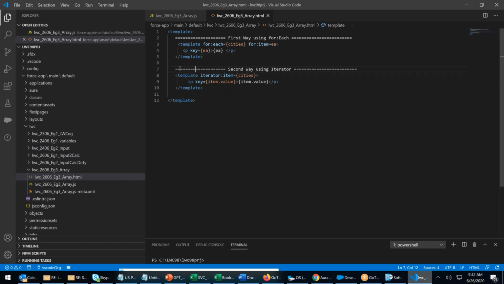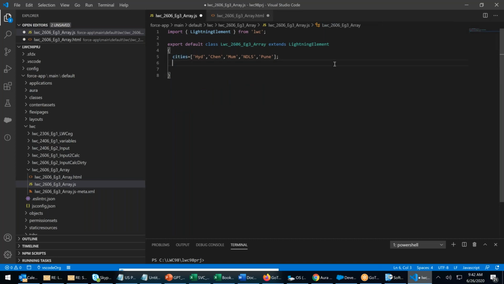Third way, which is mostly required sometimes. Reading JSON value. What is a JSON? Most of you don't know. From Monday onwards, when I'm starting my integration, this will be the first topic that we'll be discussing. In a JSON, it's a key value pair. Let's go ahead.